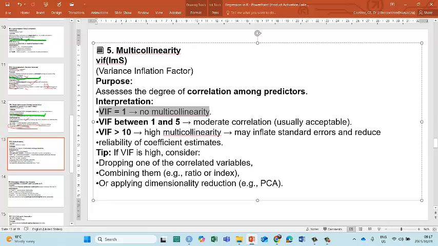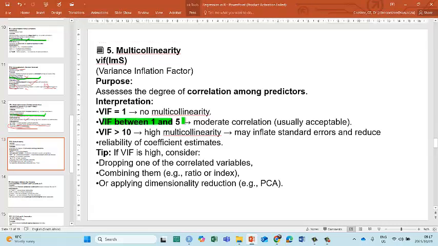So normally we run a correlation for the independent variables to make sure there are no variables that have high correlation with one another. We can use the VIF test in this case. It falls there, so there's some moderate correlation. So it's not like it's the end of the world, but it potentially has problems. Okay, potentially has problems. So you can drop one, combine them, applying dimensional